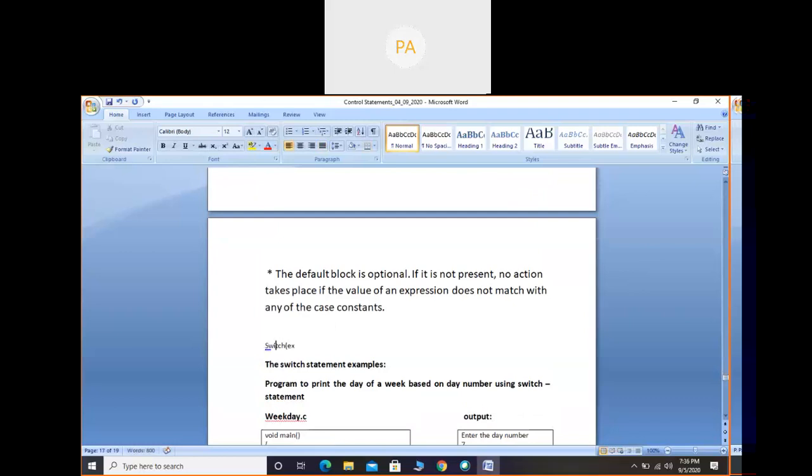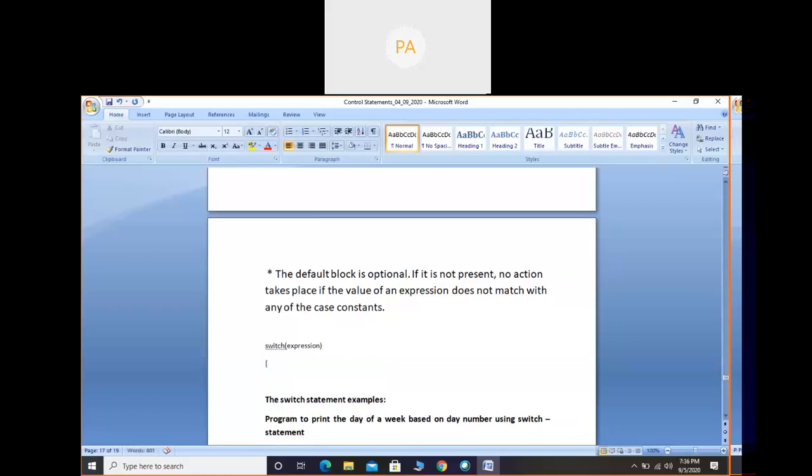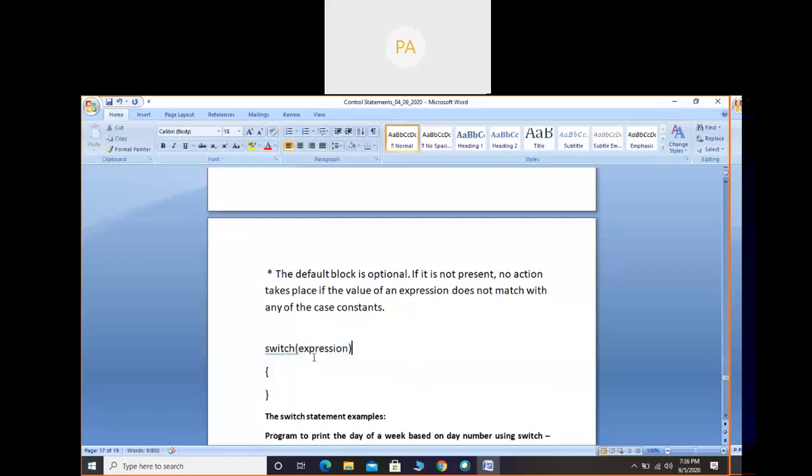It should be in small letters. I will increase the font size. So switch keyword, expression, opening brace, and closing brace: this much is compulsory.